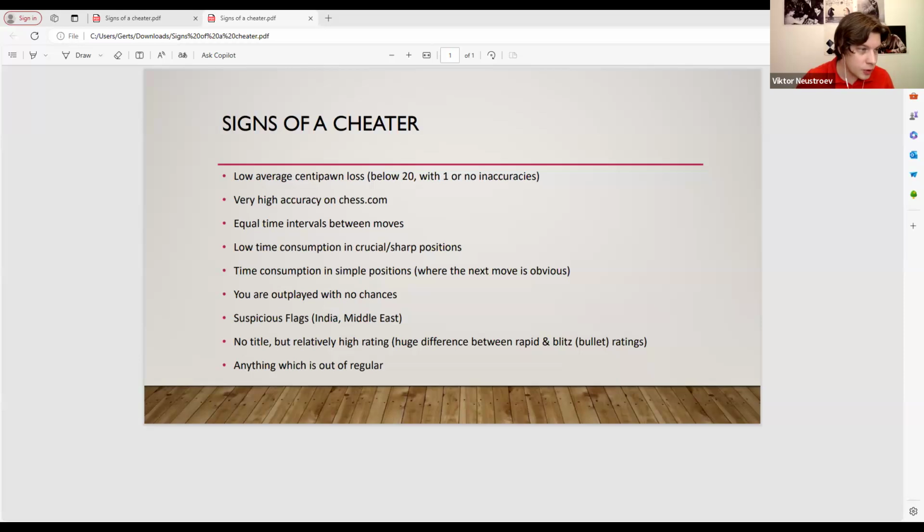So people are joining. Let me close this and let me open Lichess. For today, I also prepared a number of games where I think I was playing against cheaters, and then chess.com banned them. There are also some other cheating games that I found, so I'm going to show you.